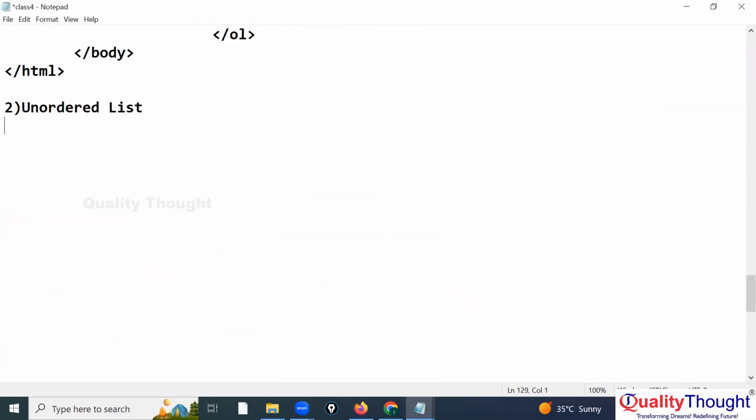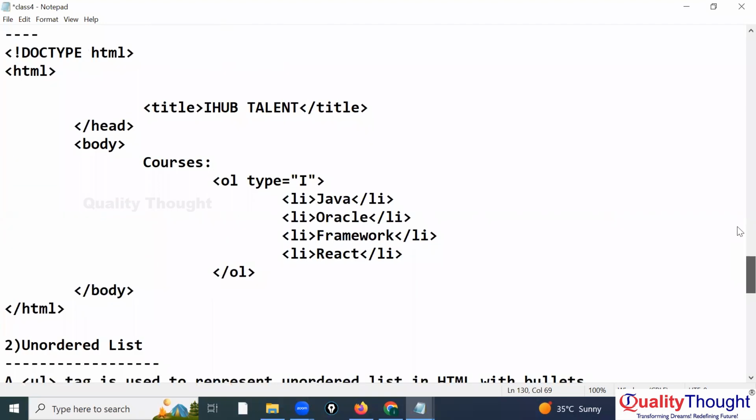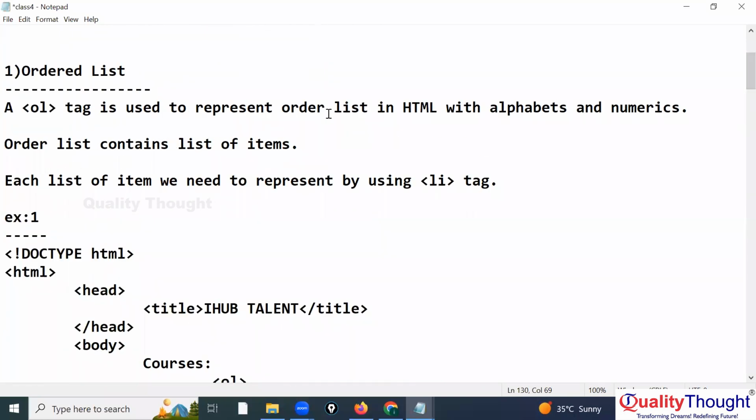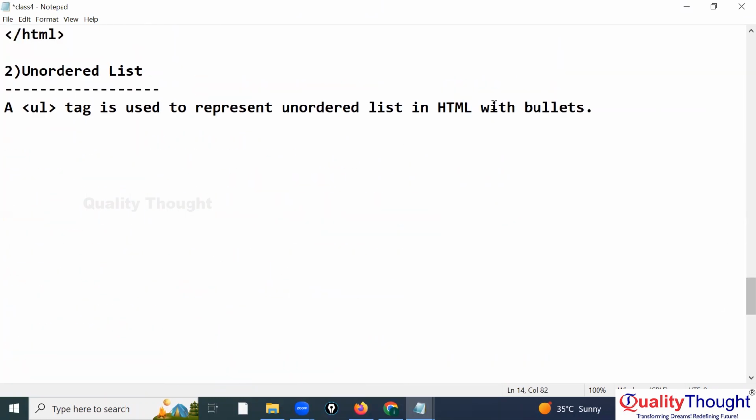So now let's see this one. A UL tag is used to represent an unordered list in HTML with bullets. What will it come with? Bullets. So here I told you, ordered list in HTML comes with alphabets and numerics, but here it is coming with bullets. Next, what is same? Unordered list